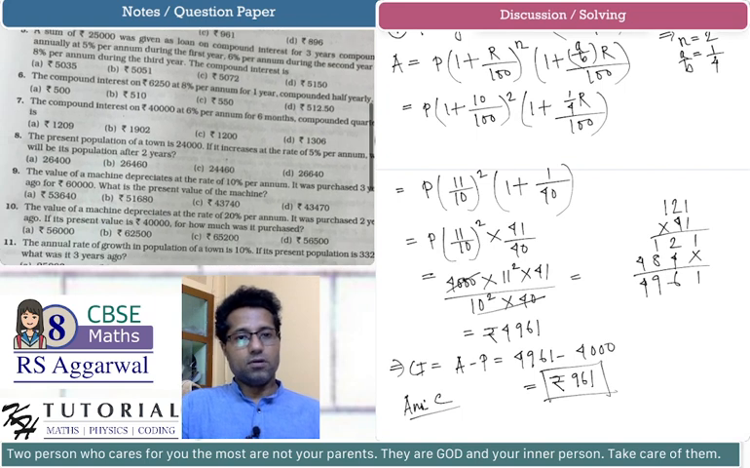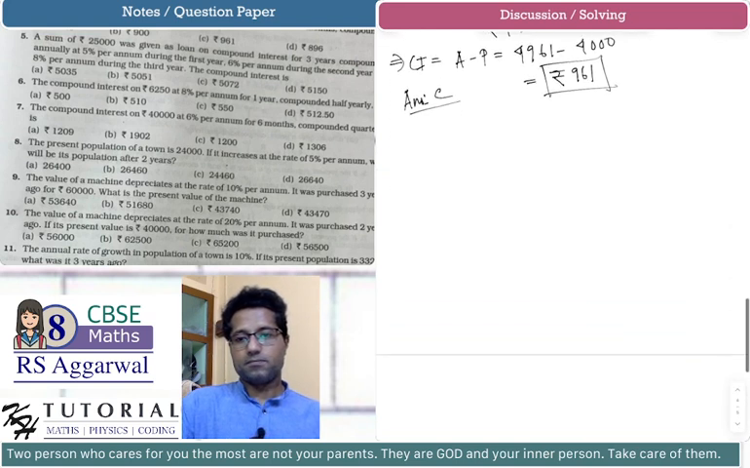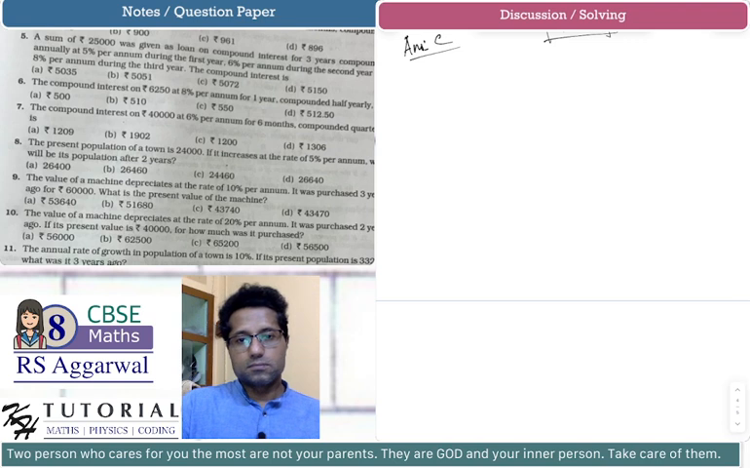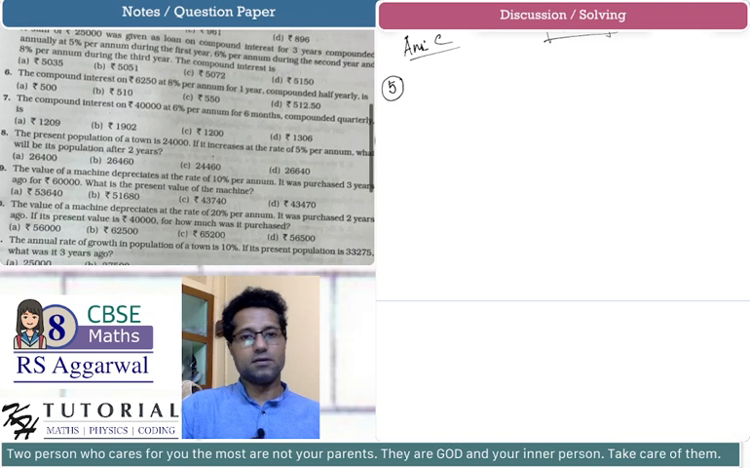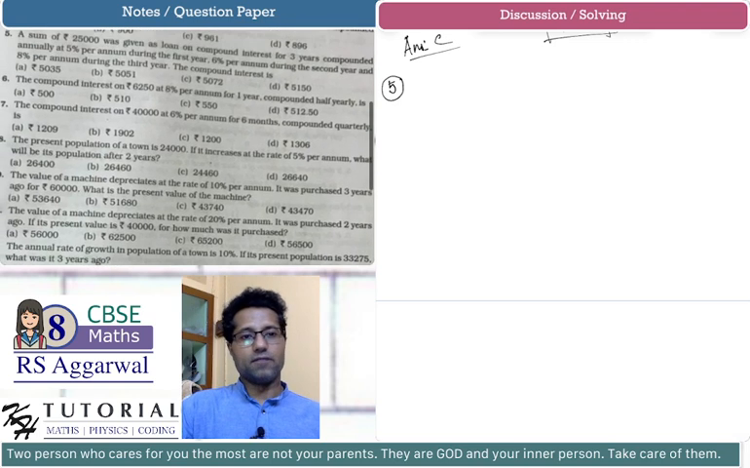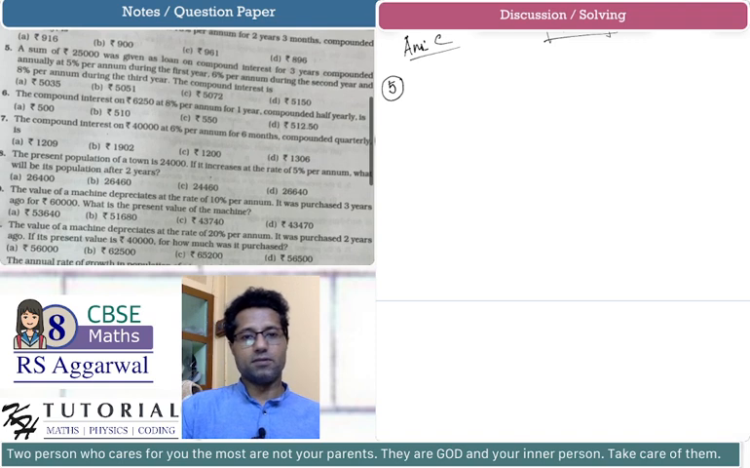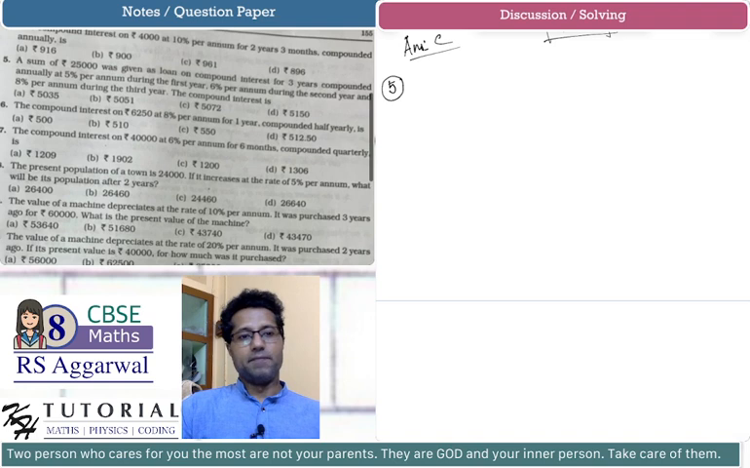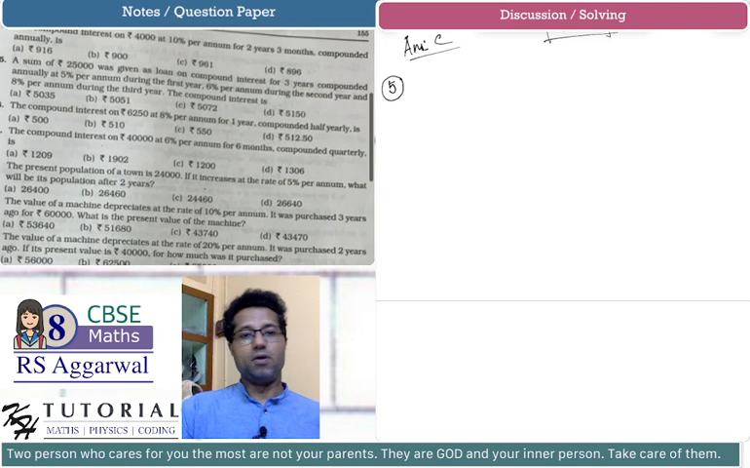Okay, let's do problem number 5. A sum of 25,000 was given as loan on compound interest for 3 years, compounded annually at 5% per annum during the first year, 6% per annum during the second year, and 8% per annum during the third year. The compound interest is,